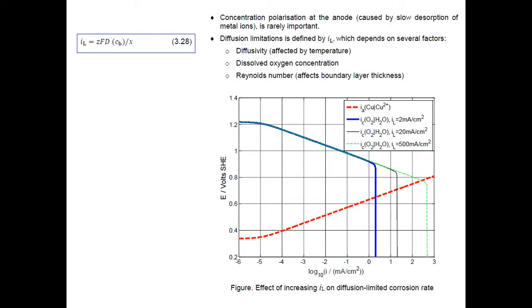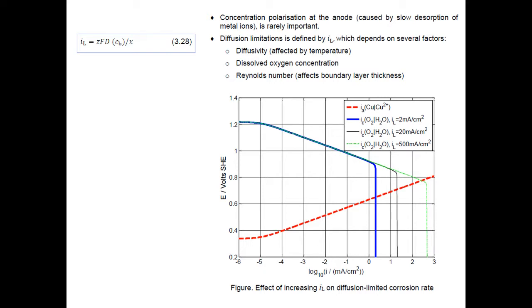So the solubility limit of oxygen actually goes down with increasing temperature. So for that reason, higher temperatures would potentially sometimes give you a slower diffusion-limited current density. On the other hand, higher temperatures will give you a higher diffusion coefficient for oxygen, so that might increase diffusion-limited corrosion current. But probably the more important factor is that flow speed, or Reynolds number, affects boundary layer thickness quite